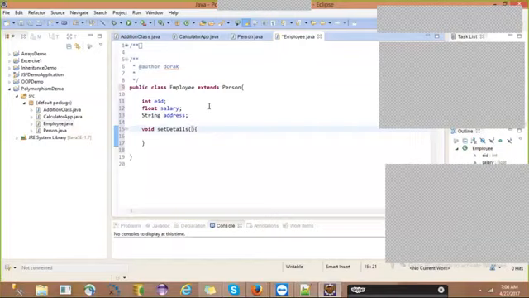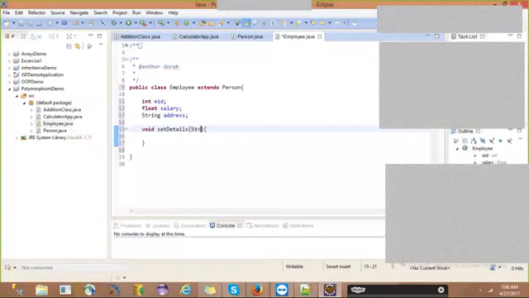Why? Because setting employee details means we need to set the name of the employee, age of the employee, gender of the employee, salary of the employee, ID of the employee, and address of the employee. Everything we need to set. So 6 parameters we need, just like our regular program.